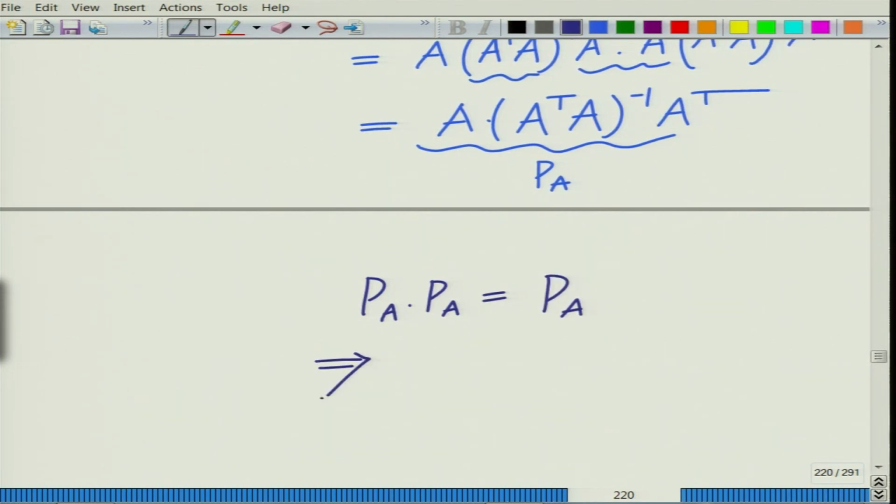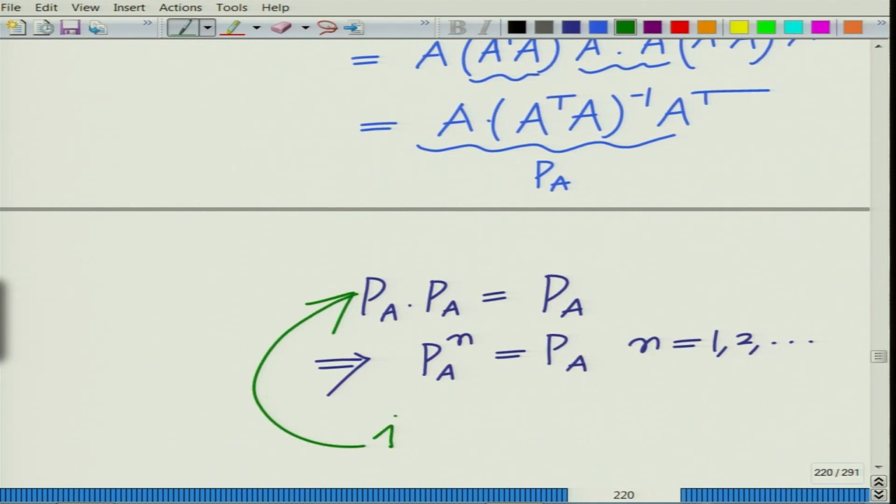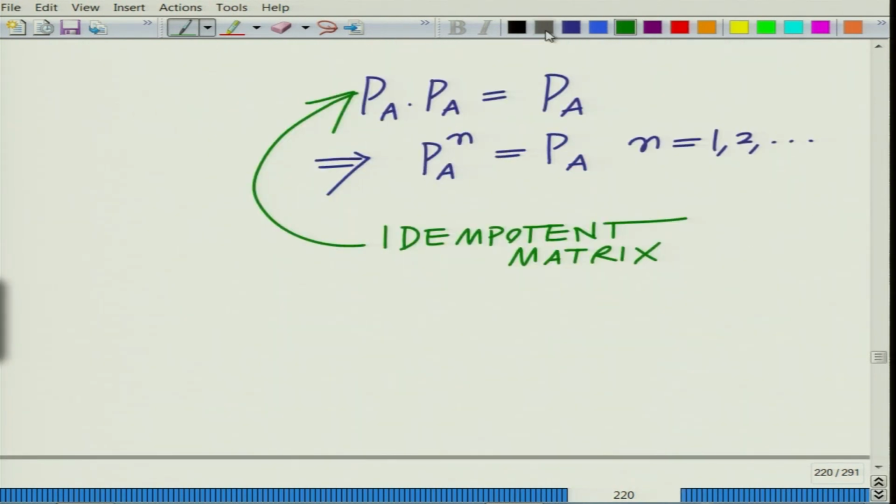In fact, this also implies P of A raised to the power of n equals P of A for any n equal to 1, 2 and so on, and this is known as an idempotent matrix. Such a matrix, which satisfies this property, is basically idempotent, that is, PA into PA equal to PA. And that is naturally not difficult to see, because